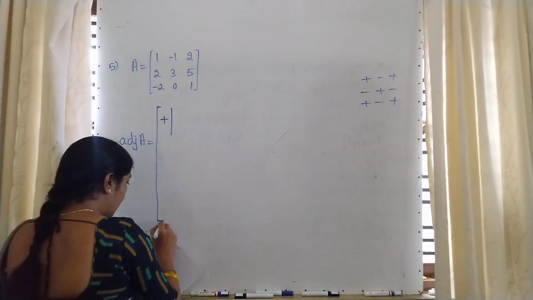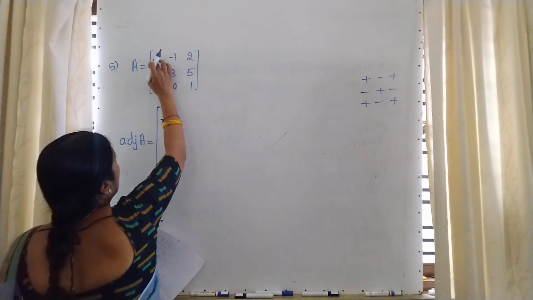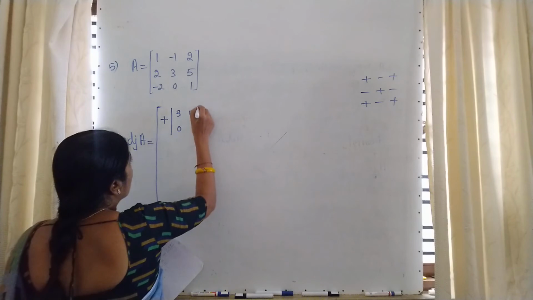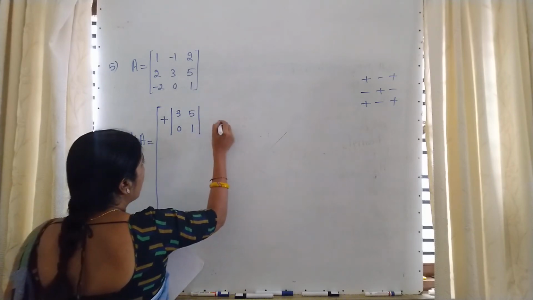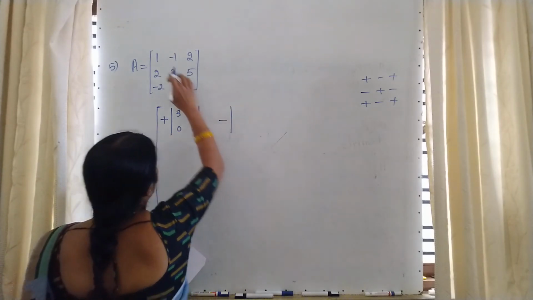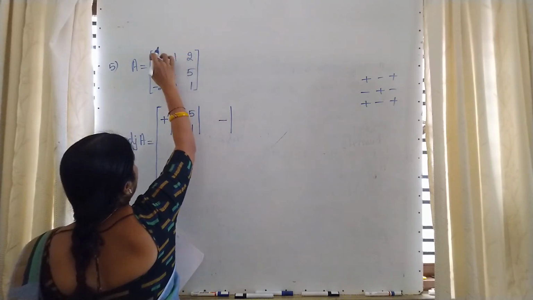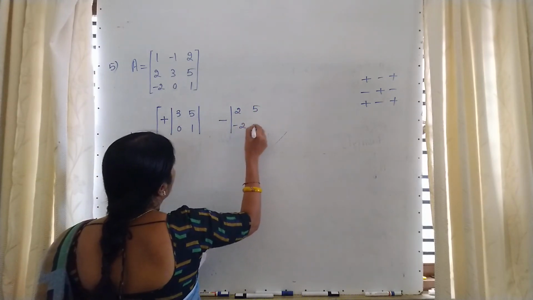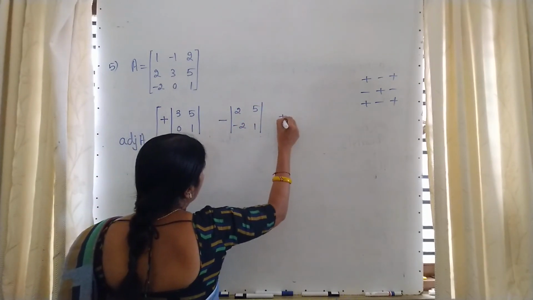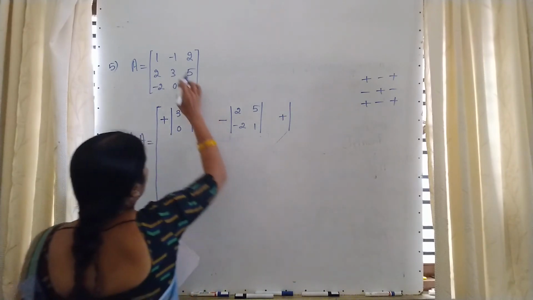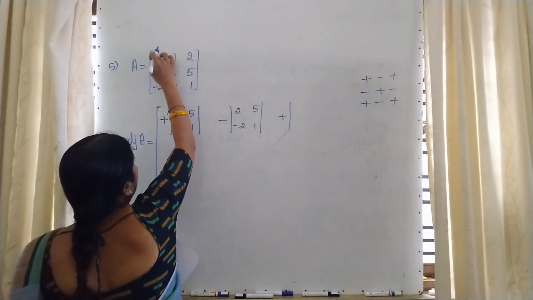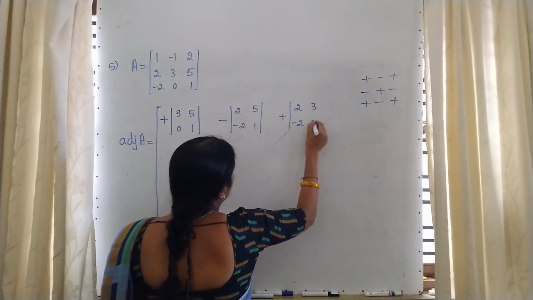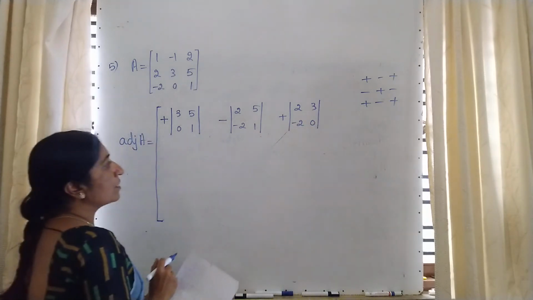Outside is a matrix. Inside the determinant, the first one lies in first row, first column, leave that. Next, leave some place in the middle, write a minus because we have a minus sign. Next we write for this element, it lies in first row, second column. Now leave some place in the middle, write plus because of the reference sign table. Now we write for this value, it lies in first row, third column. Understood? This is for the first row.